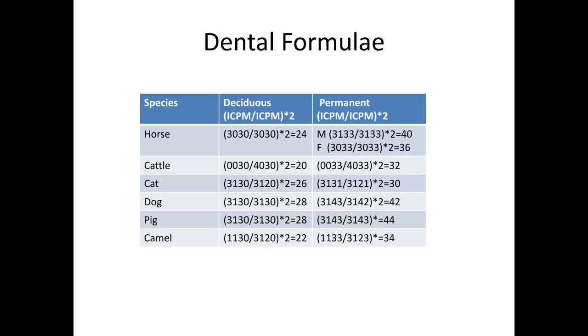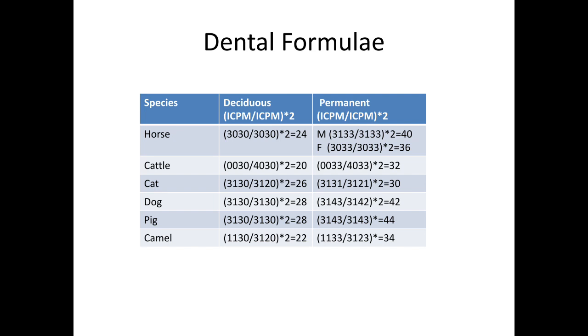Total number of teeth in an adult male is 40, and total number of teeth in an adult female is 36. In the case of cattle, the deciduous teeth are 20, and in the case of adult, the permanent teeth are 32. In the case of cat, the deciduous teeth are 26, and in the case of adult, the permanent